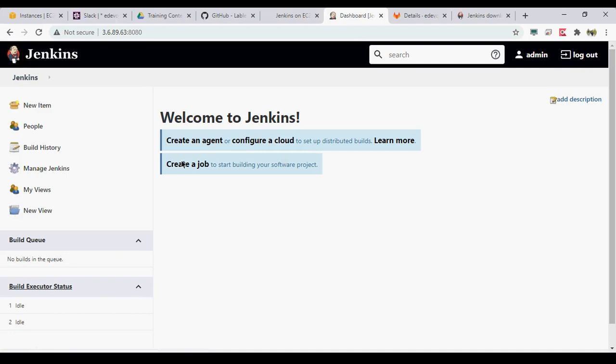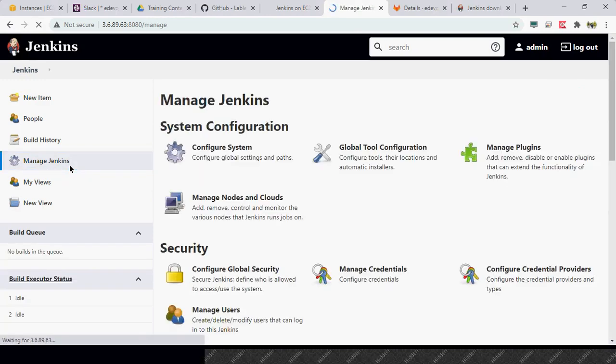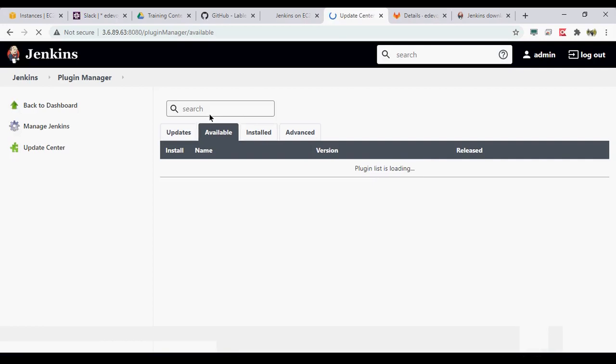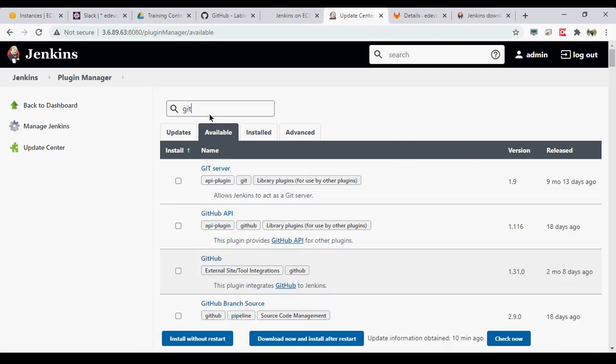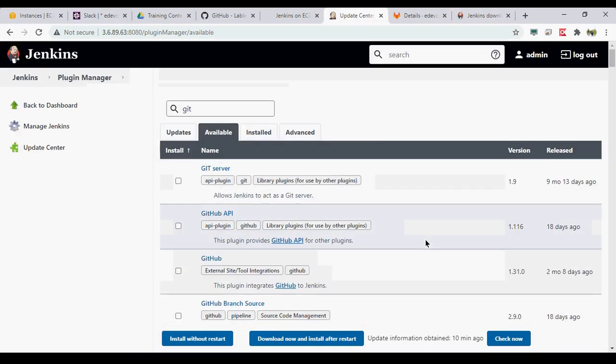So here your Jenkins installation is done. Okay. So now we have all the plugins available, but still, if you want to manage your plugins, you can just go to Manage Plugins. Okay. Here you have Available Plugins. Since the list is big, you can also do filtering. So it will give you what kind of plugins are available.